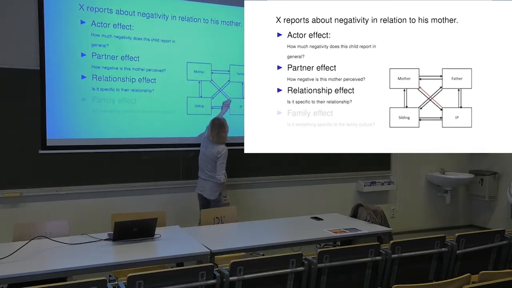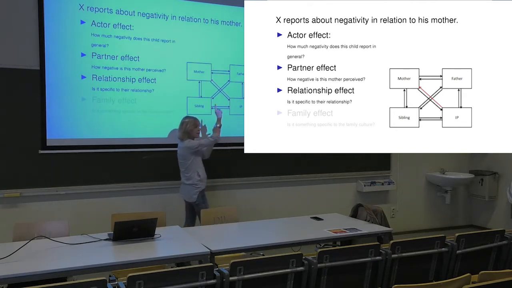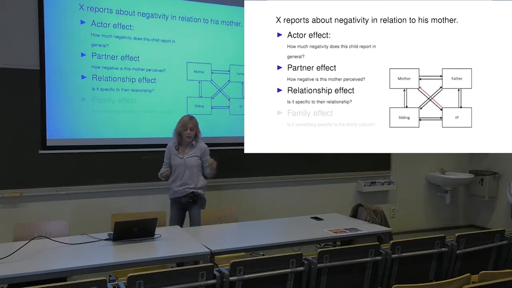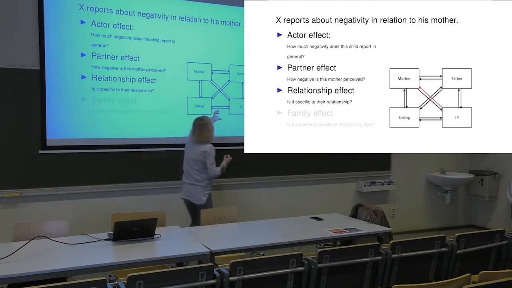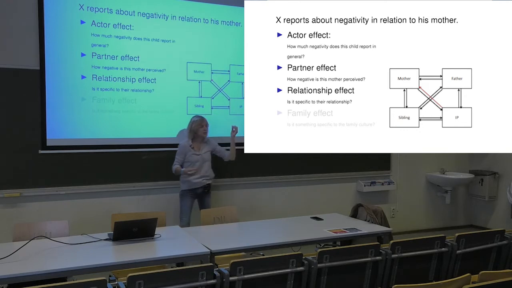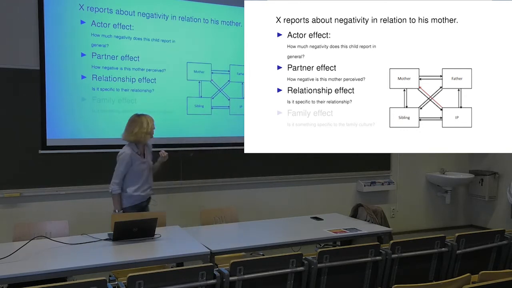And this is important because the relationship goes from the IP to the mother and is different from the mother to the IP. Yeah? You have 12 different relationships. Yeah? And so there can be reciprocity, but it can also be not. It can be that the IP is very negative towards the mother, whereas the mother is very positive towards IP. Yeah? Or there is a unique adaptation of the IP to the mother, but not the other way around. Yeah? So it's a relationship effect.